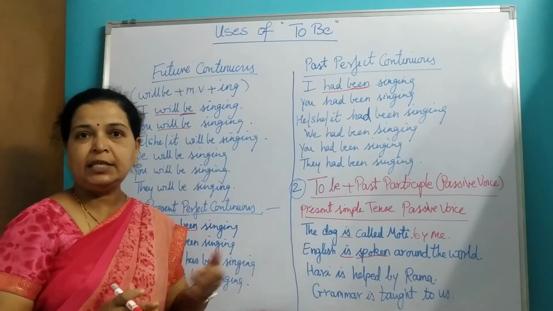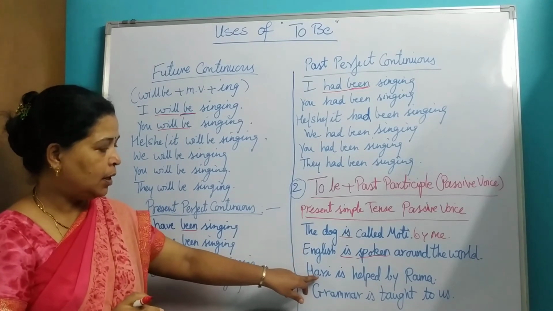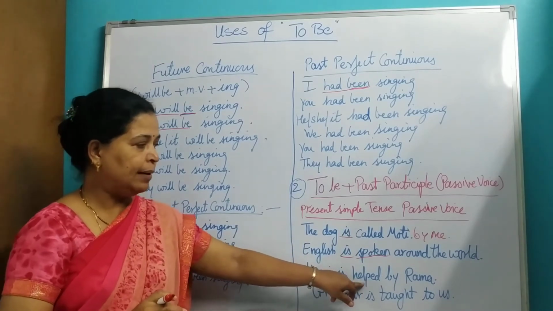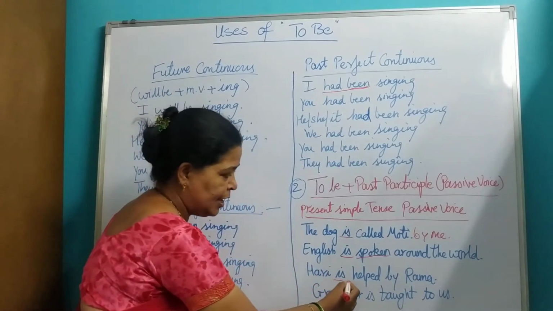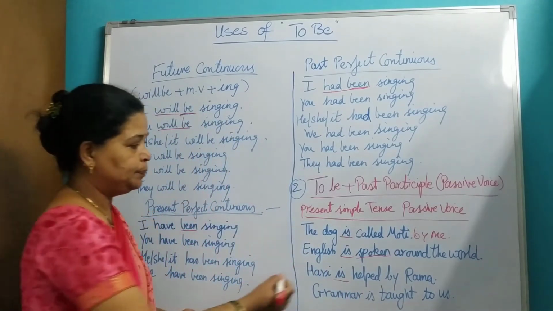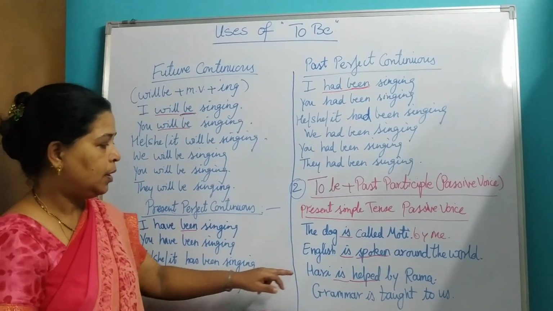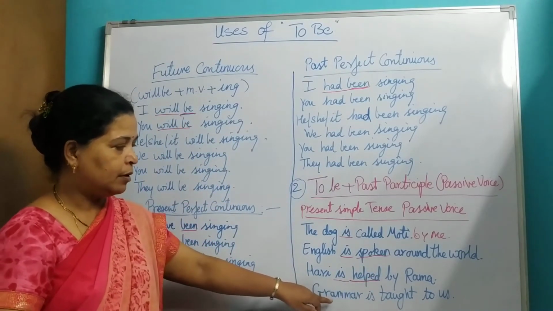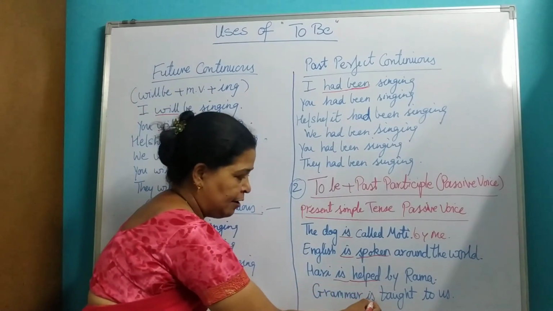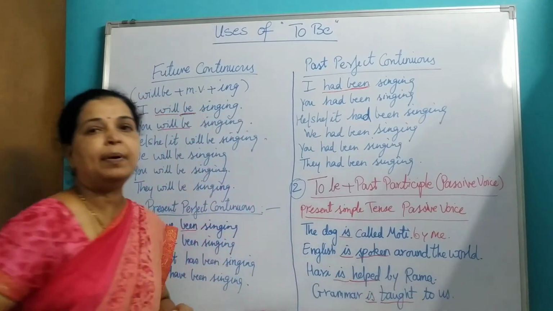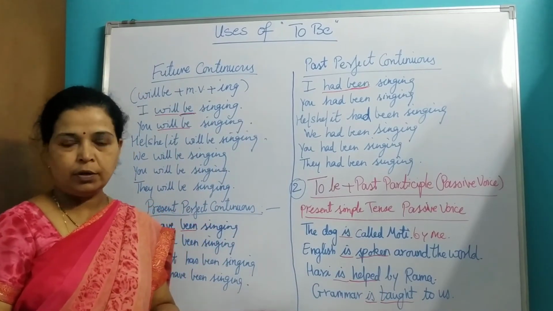Here we are just seeing the use of to be. So next example: Hari is helped by Rama. Okay, so here we have is the helping verb, past participle, helped in the passive voice. And last example we have grammar is taught to us, where we have the helping verb is and past participle of the verb teach is taught. Okay,